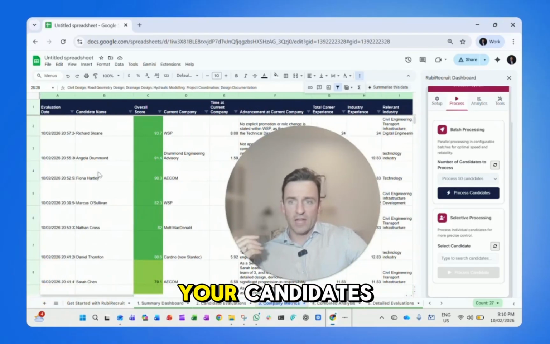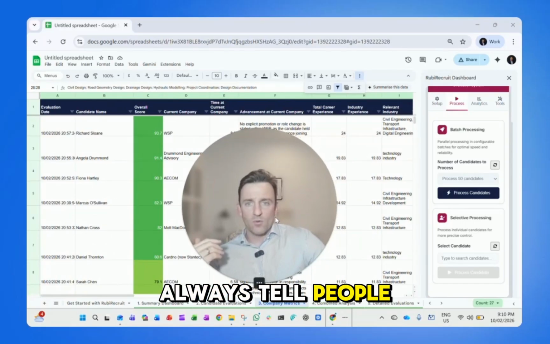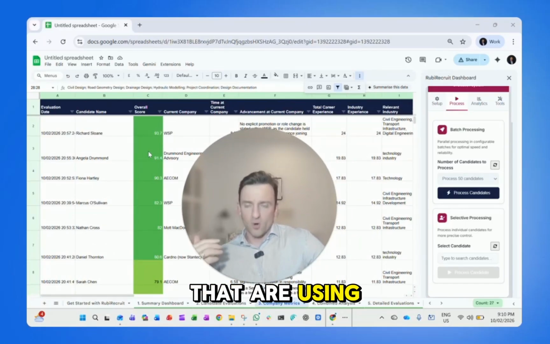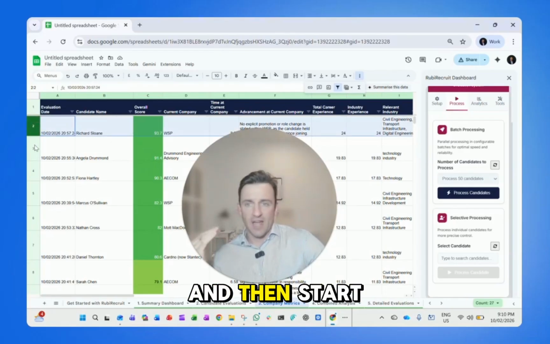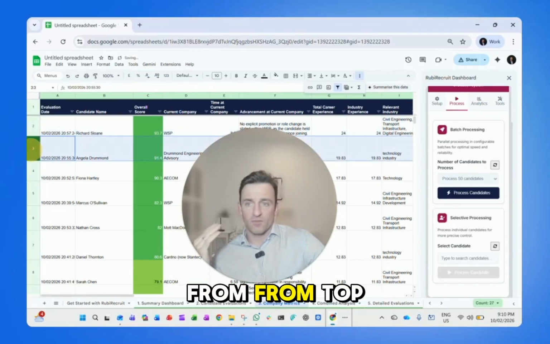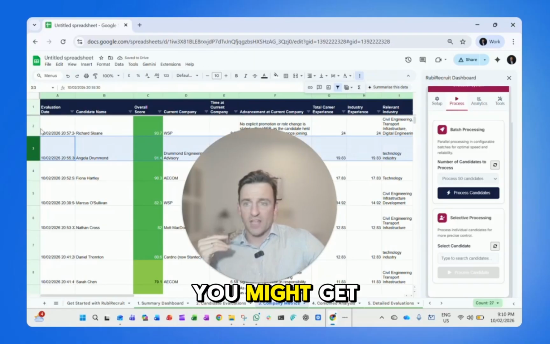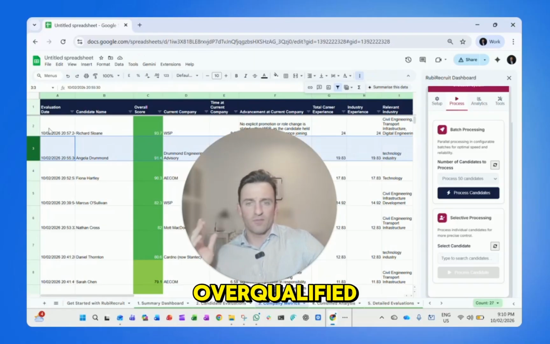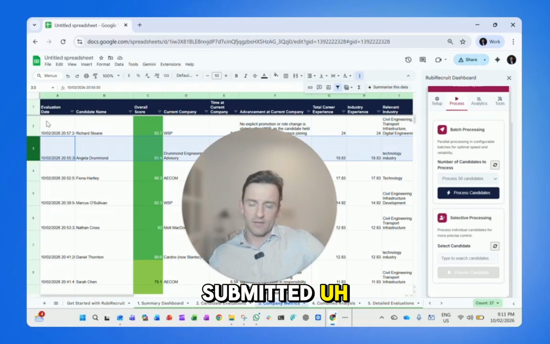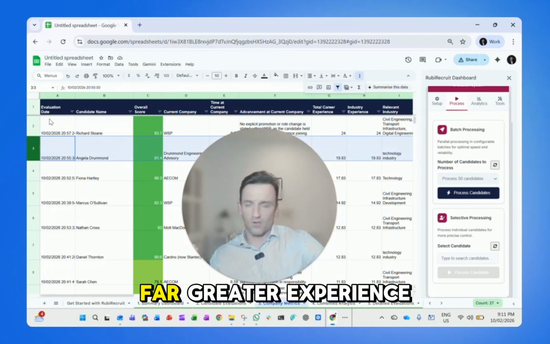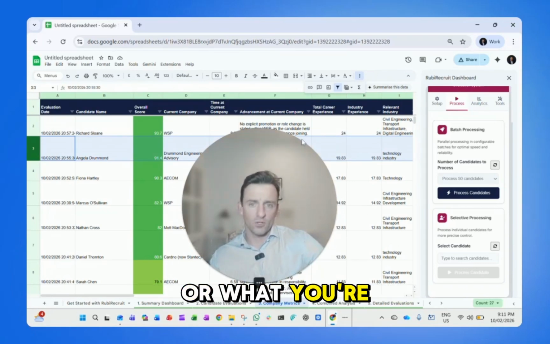that makes your life a lot easier when you go to start screening your candidates. So what I always tell people that are using RubiRecruit is I rank it by score top to bottom and then start my screening list from top down. You might get the top 10 that are completely overqualified. You might be looking for a junior person and you've got people that have submitted CVs that are far, far